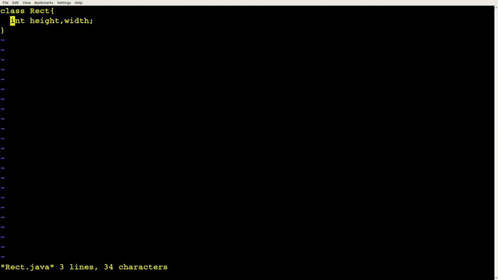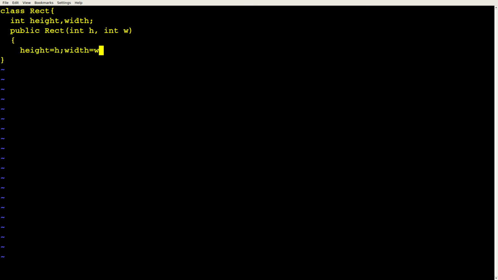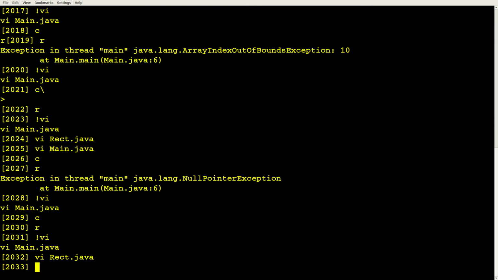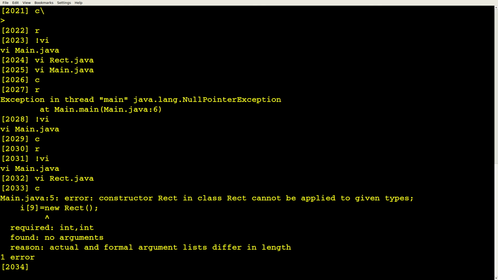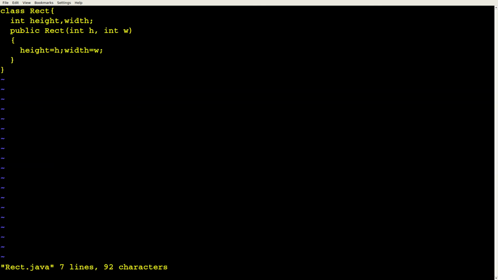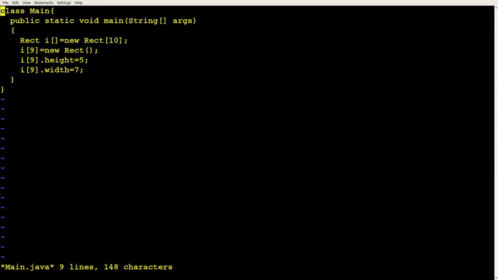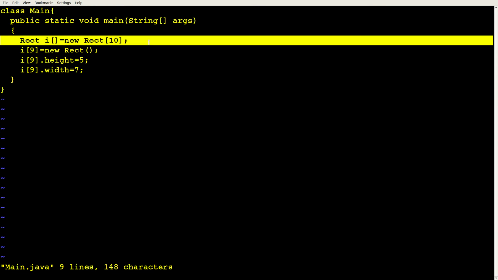But suppose there's no default constructor. Suppose your rectangle requires that you construct it by giving it a height and a width, and there's no sort of default constructor. So that's invalid, right? If this were enough to actually construct the 10 rectangles, what values would you have it pass to the constructor?